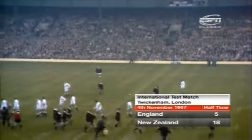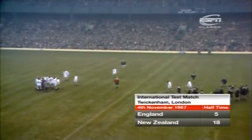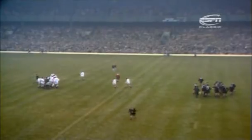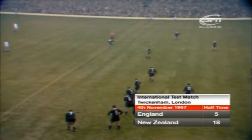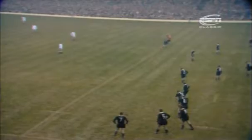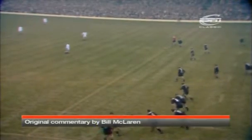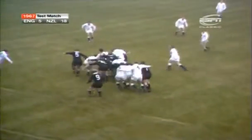And the referee's whistle does go for half-time, with New Zealand well ahead, well in command, and obviously Phil Judd with a tremendous amount to do to inspire this side to great things, and especially England are going to have to find inspiring form up front. And so both teams have had a good talking to from their respective skippers, but this All Black side here must be full of confidence, because they've got this tremendous weight forward and they've got the stamina there. A touring side's always wonderfully fit, and it's a question now of whether the English pack can keep the pace up. As Fergie McCormick restarts in the second half,